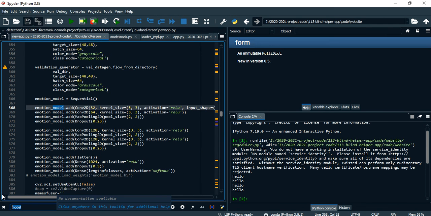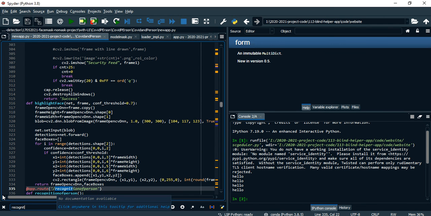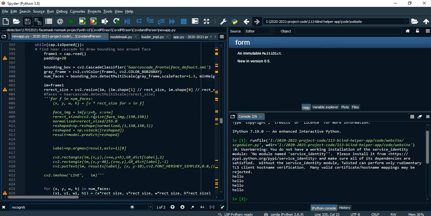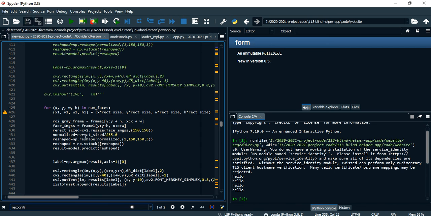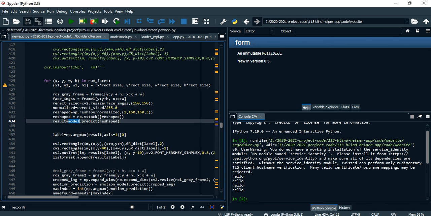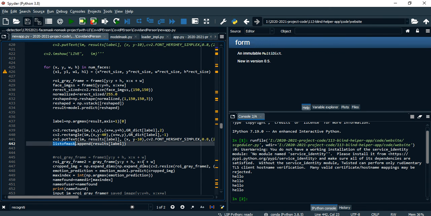Where is prediction applied? In the recognition function. At the time of user recognition, we are checking with model.predict. See here, it's reshaping, then we have applied model.predict. After that it generates a result which shows whether it is mask or no mask, and we are appending it to the list of masks.